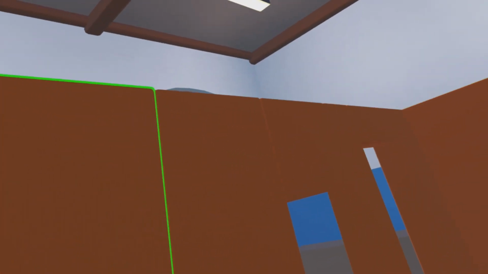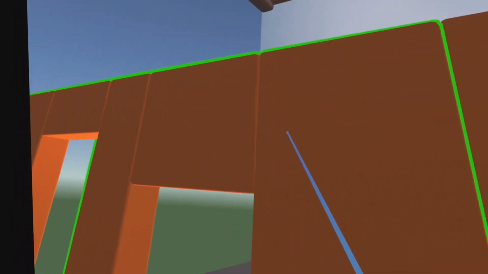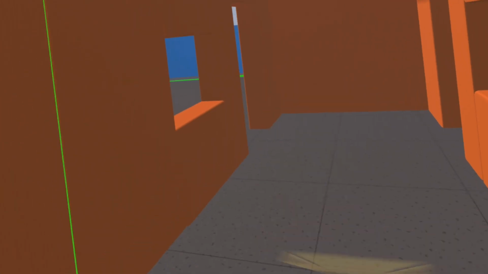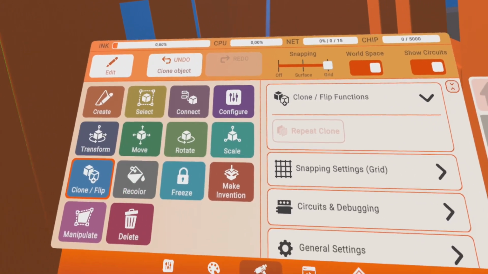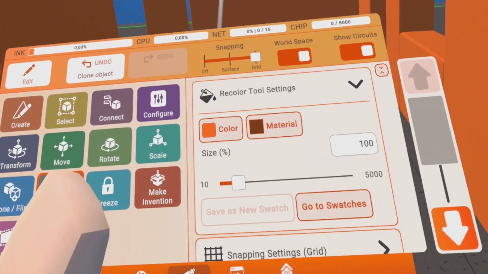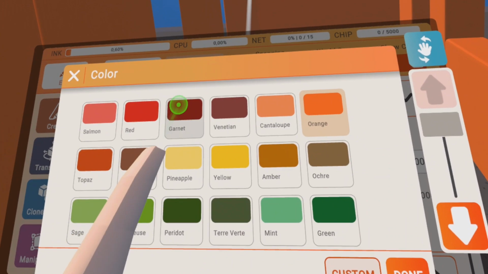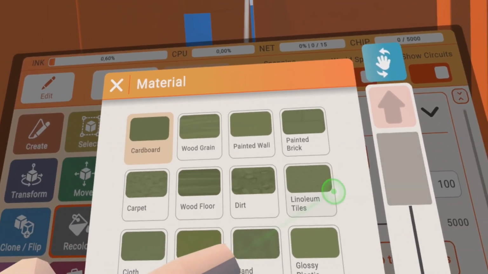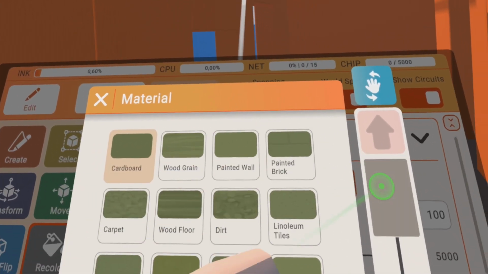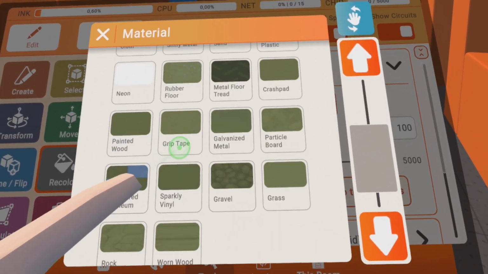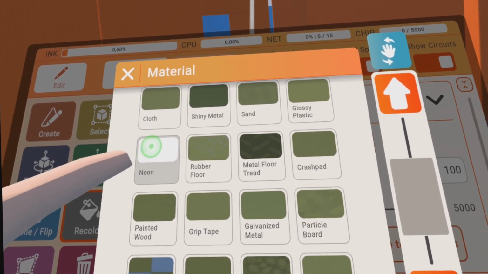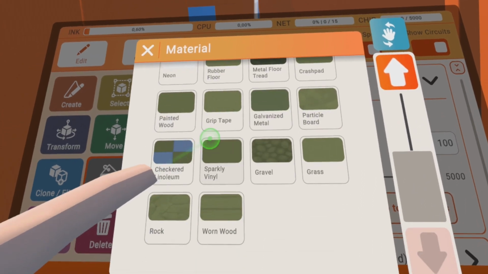So what you can see now is it's 2 separate objects. I go to this, selecting all this, go to this, and it's selecting all this. You also see the walls start not looking nice, so I can now use the recolor option to just set the color maybe to yellow, and I have a lot of materials here that are self-explained: wood, painted wall, brick, some glowing materials, metal is reflecting the sun,